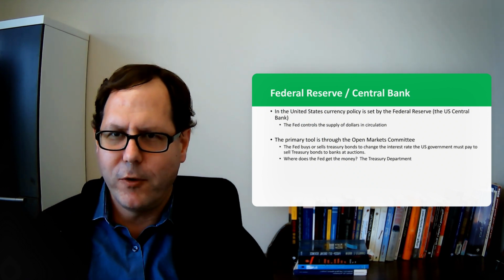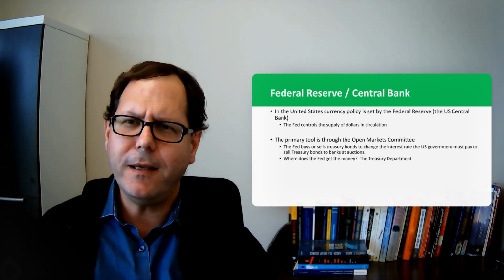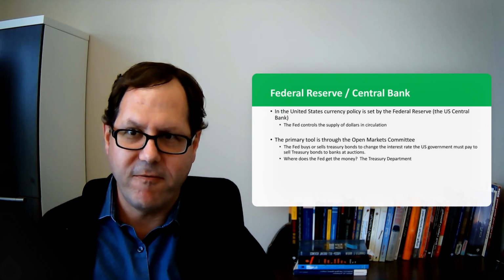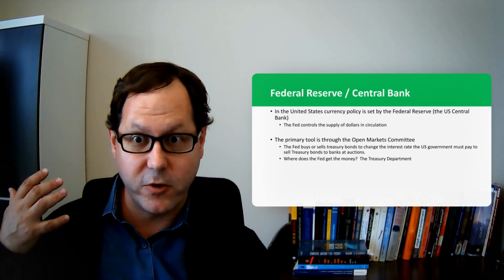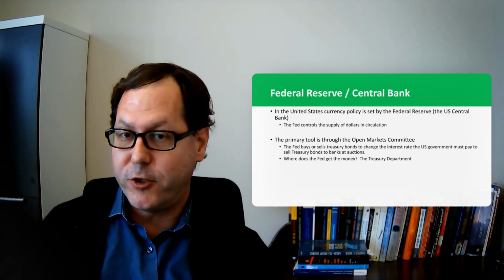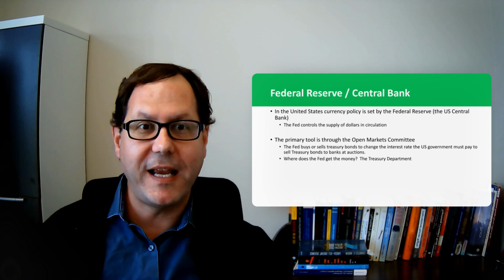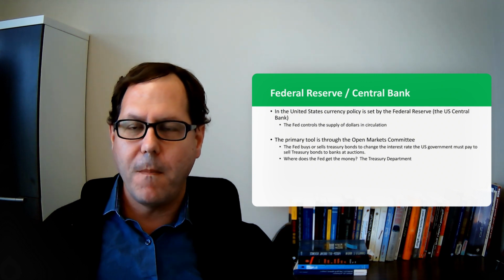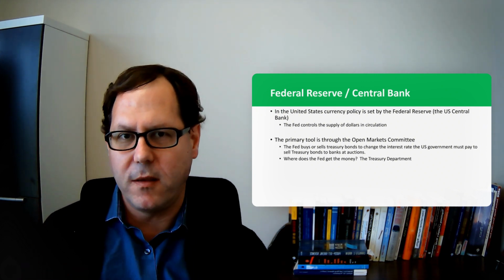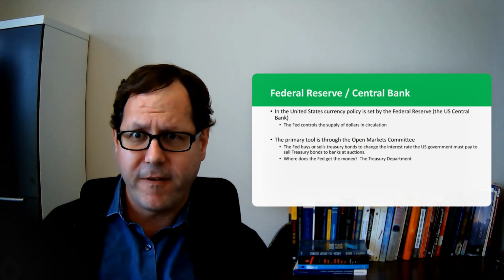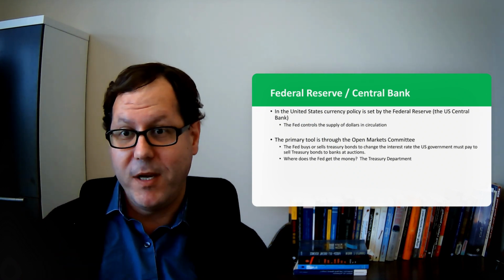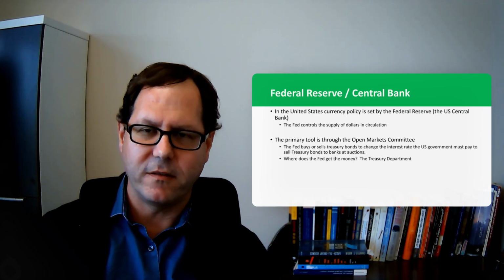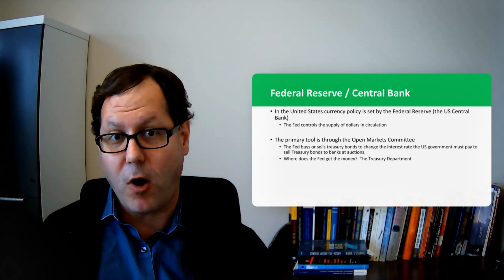Let me tell you a convoluted story. The United States government typically, most months, runs a deficit, which means that there's not enough money coming in to pay for bills that the government has incurred. So in order to cover that gap, the federal government issues debt, which means that they have to call together potential investors and bankers and say, would you be willing to lend us money? And what are the terms under which you're willing to lend us money? Ideally, the federal government would like to borrow money at zero interest rate. That would be great. Most banks, most investors are not willing to lend it to them at that interest rate. They're likely to ask for a higher interest rate.